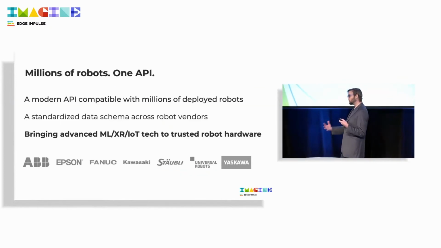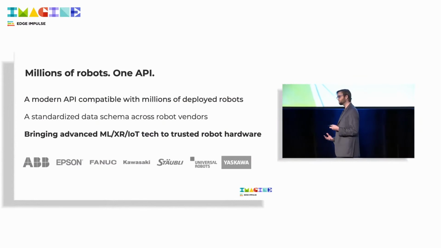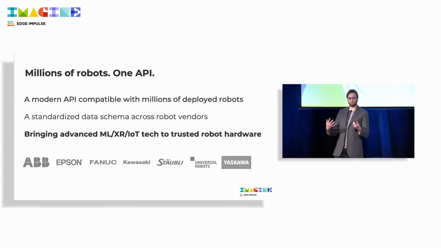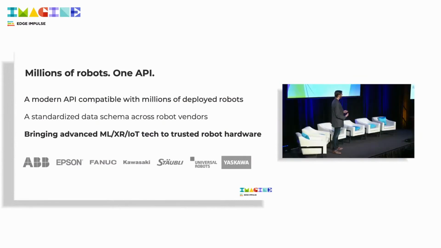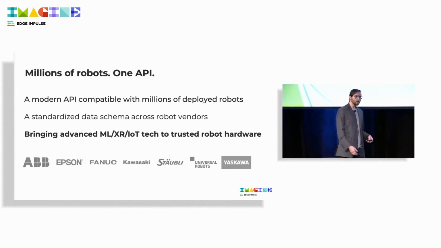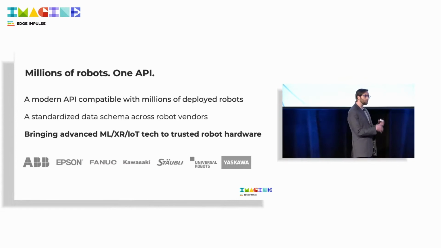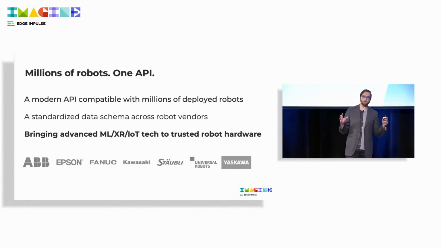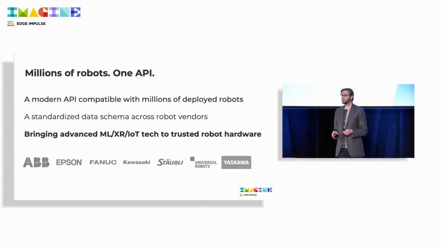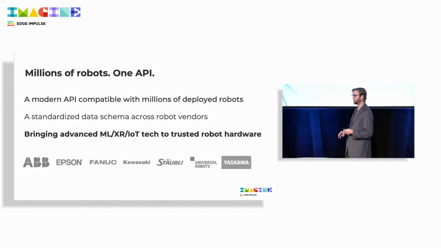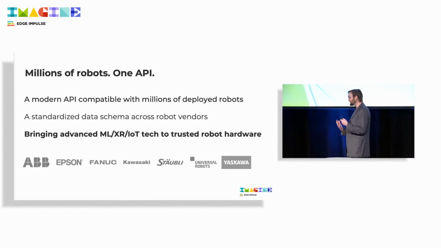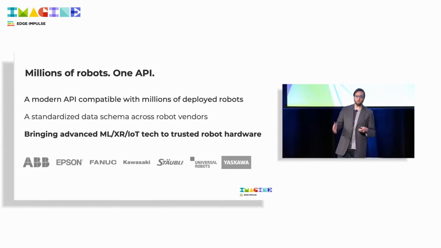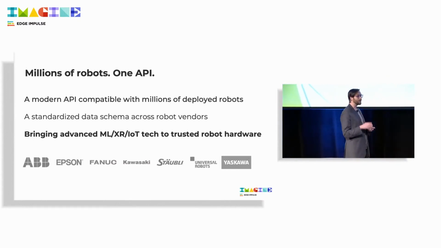So our end user-facing productivity apps, those are built on top of our Forge OS platform. It's really a common set of APIs that enable developers to hook up their products, their new technologies, and hook them up in such a way that it can now scale across the entire robotics industry, something that was not possible before. Before Forge OS, what you had to do is you had to sit there and write interfaces for every single robot brand, and there are dozens of them out there. It takes a lot of time.